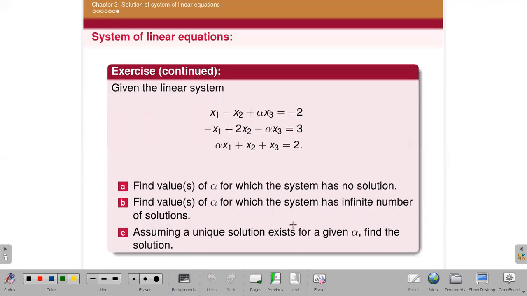And then we have another question. It is based on alpha. Actually, here you use Gauss elimination only. So actually, this is a very simple question. I think you have already done it in +2 class. First you write the augmented matrix, then you perform the operations. Then according to the rank, you can decide what will be the value of alpha for which the system has no solution, infinite solutions, and a unique solution.